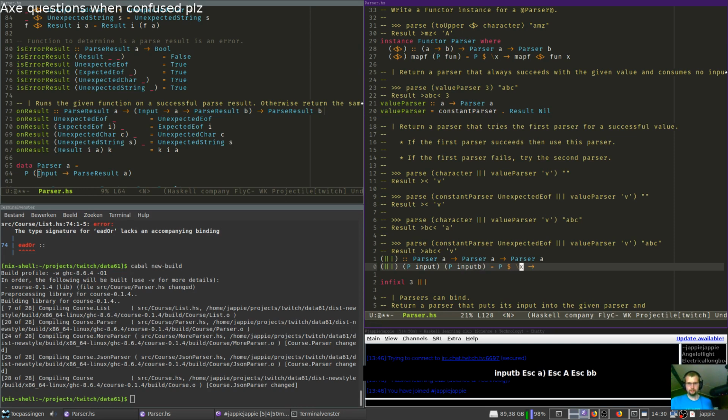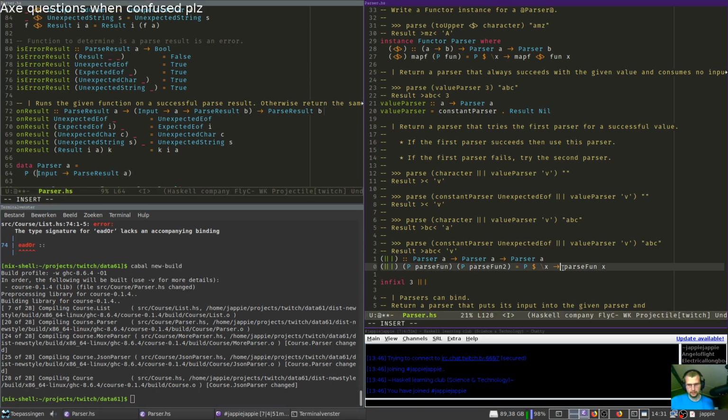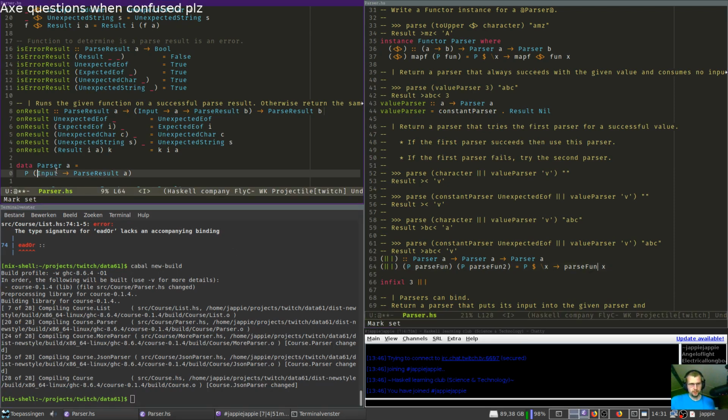And we get out the input like this. I'm just gonna try parse fun. Parse fun 2. So we're just gonna do this, and now we have a parse result, because we're inside the parser here. We have an input, and we apply the input to parse fun, which also expects an input, and out we get a parse result. And now we can check if it's an error.